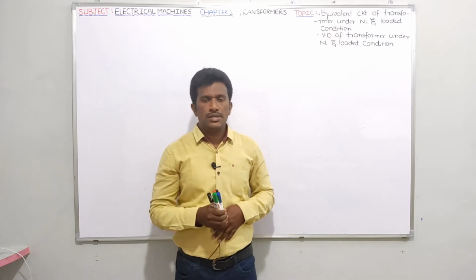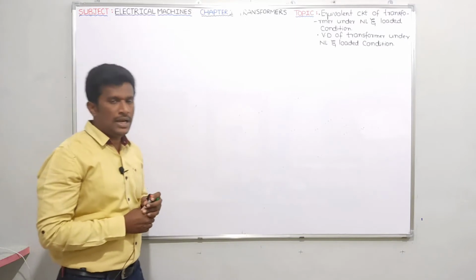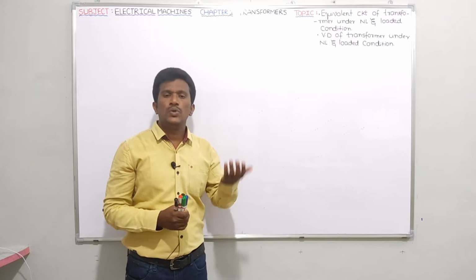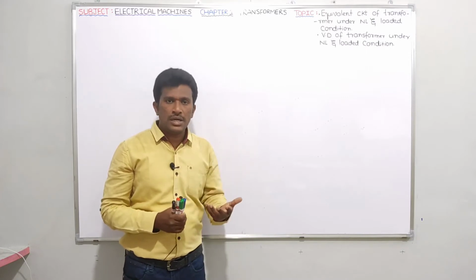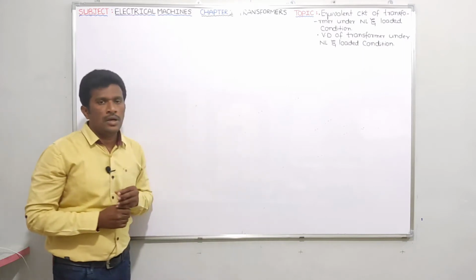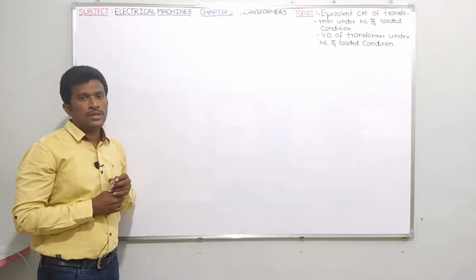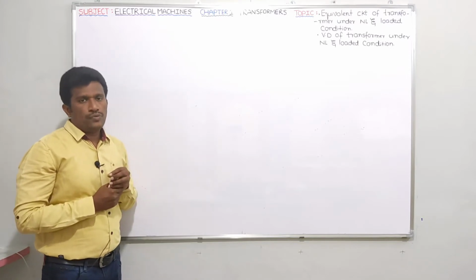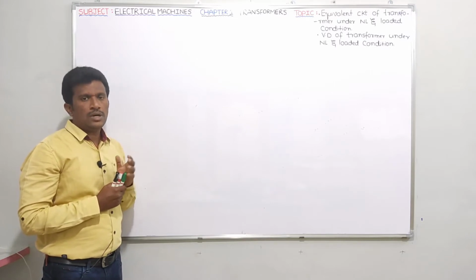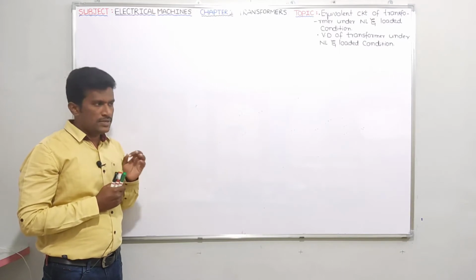In the last session, I think we explained the EMF equation of a transformer and the angles between different vectors, which are necessary for understanding the vector diagram of a transformer. If you observe clearly, in the last video, what was the conclusion? We got E1 RMS equals 4.44 N1 phi m into F, and E2 RMS equals 4.44 N2 phi m into F. And I had given some conclusions.